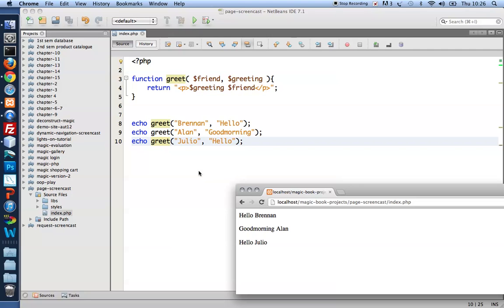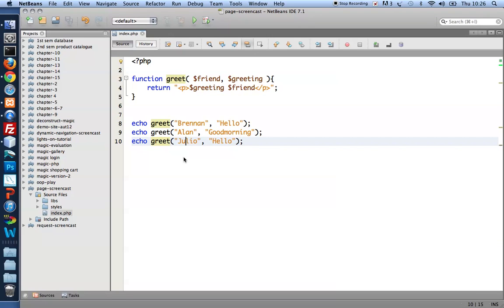And as this is progressing, I get the idea that most of the time my greeting should be hello. Sometimes it'll be good morning, sometimes it'll be something else, but most of the time it'll be hello. When that is the case, I can make the second parameter, the greeting parameter, optional by giving it a default value. Most of the time it should be hello. So whenever it's hello,